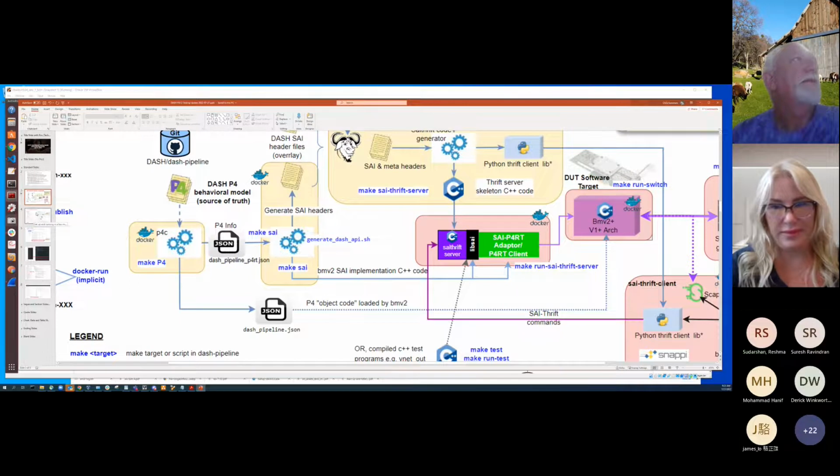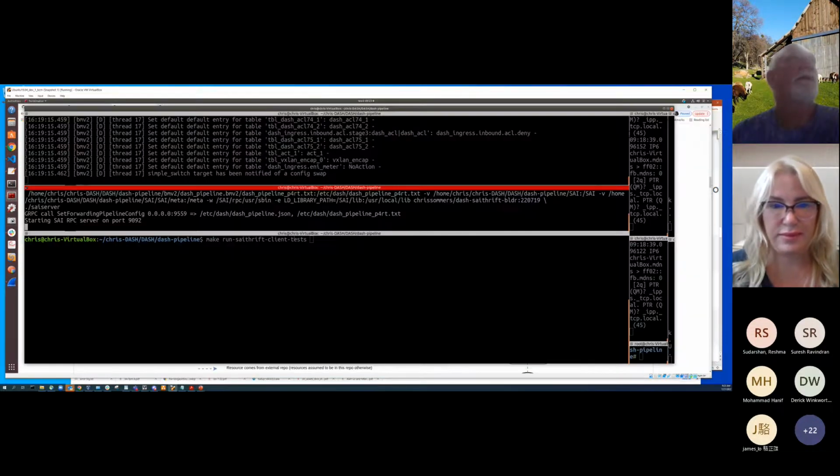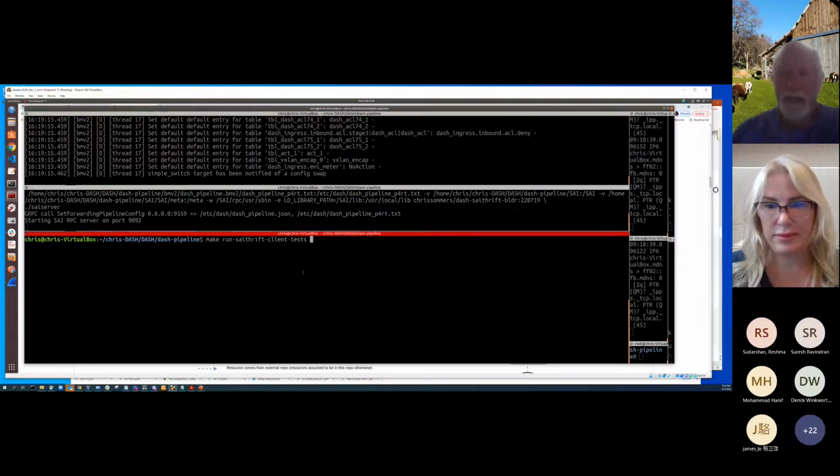Thanks for the question. This is the make I think I was showing. I'm running the switch, the Cythrift server, and then if you want to run all the tests, I haven't built a container yet. So actually, let's just pretend I need to remake this